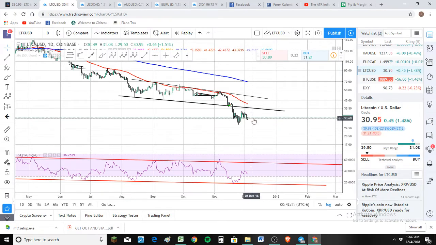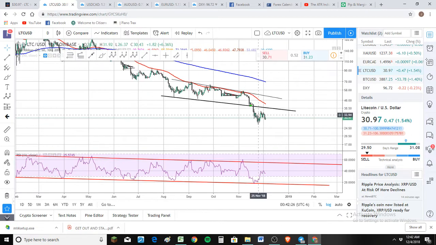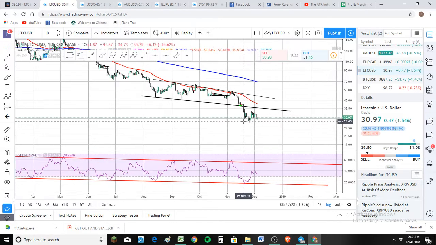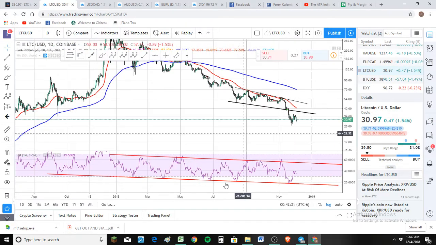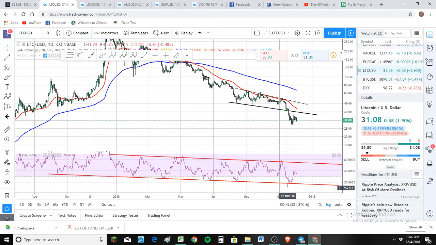And then we should expect a push up to the $38 range over the next, I don't know, my guess would be somewhere around the 15th of December that it'll take to reach the peak. That's a guess, but those are the reasons why I believe we are coming up, because of the shape of these corrections. Whenever the RSI hits this bottom trend line, we are getting more and more oversold every time we continue down.